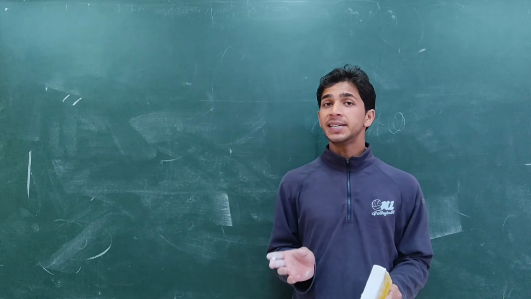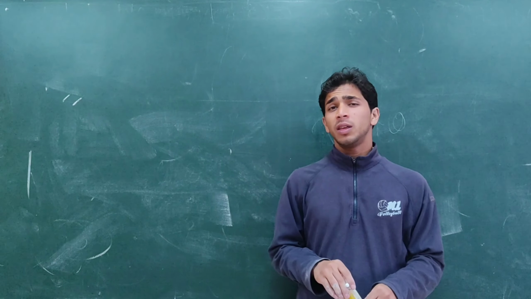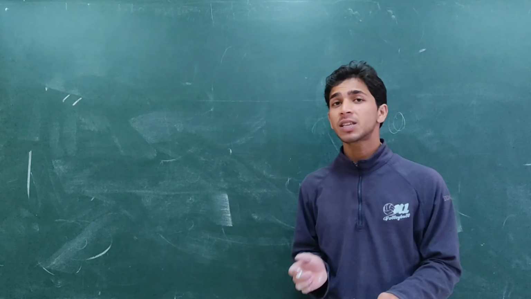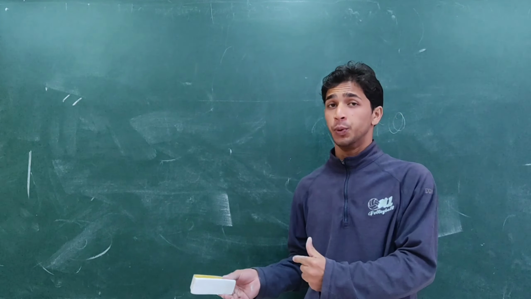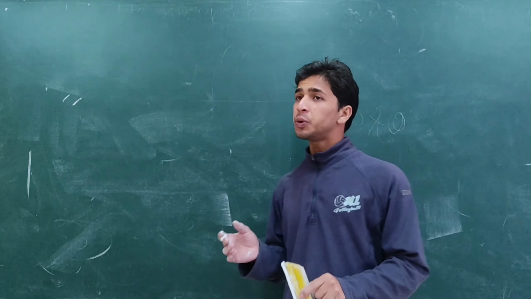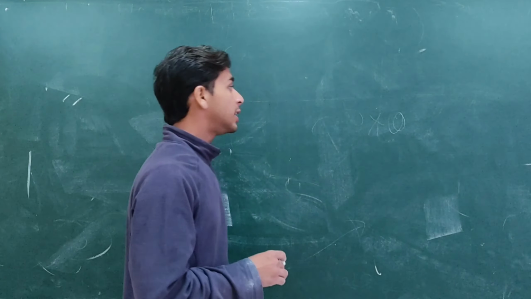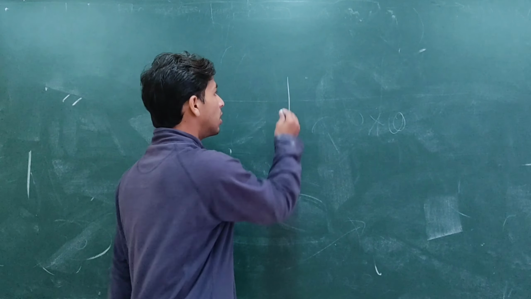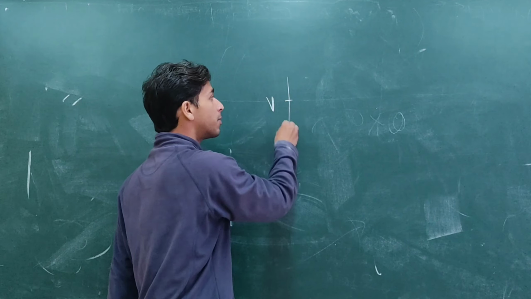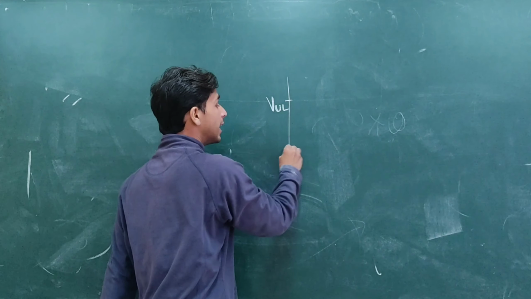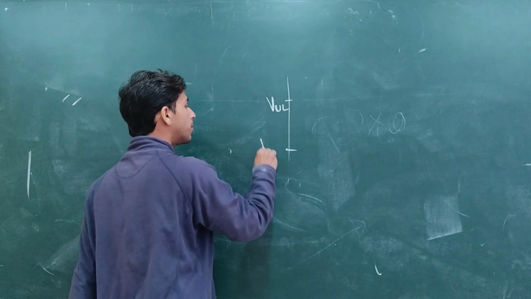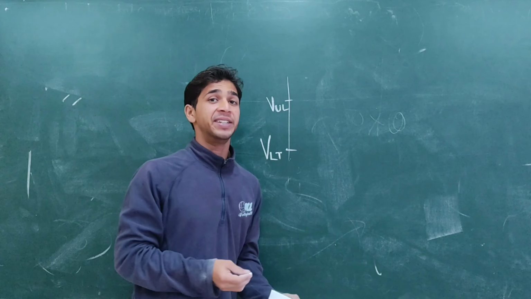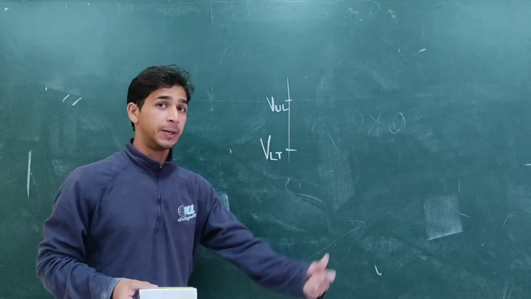Now, if you have some idea about comparators, you know that if your applied signal contains some noise, comparators are not very useful. In that case we have to use Schmitt trigger circuits. In Schmitt trigger circuits there are two threshold voltage limits, called the upper threshold voltage, denoted by VUT, and the lower threshold voltage, denoted by VLT. These two limits decide what the output will be.